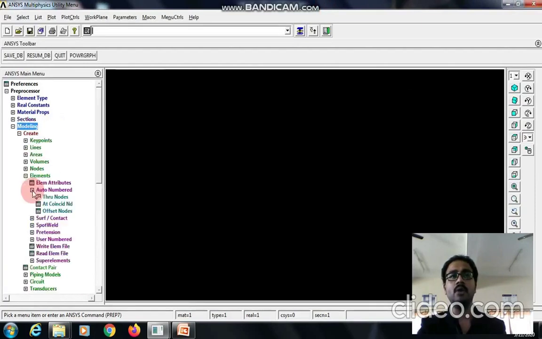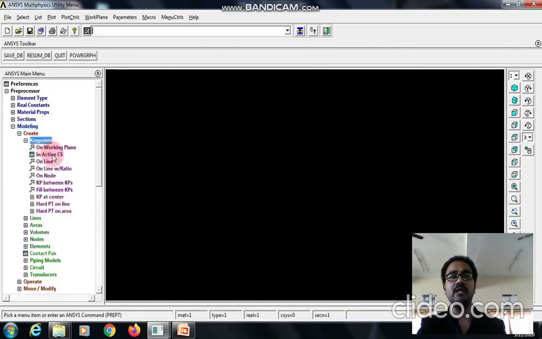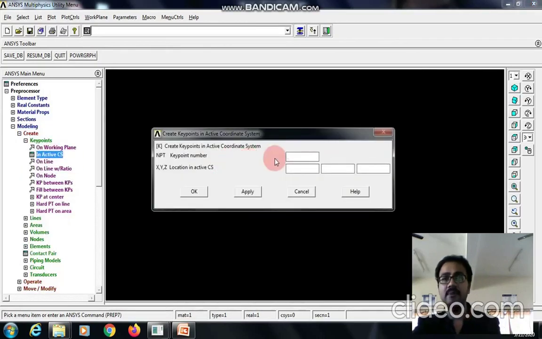Then go to modeling. For simply supported beams, whether with a point load or UDL load or UVL load, don't create nodes. Since the variation, the hogging and sagging will be more for this problem, I suggest you create the key points. So create key points in active coordinate system.